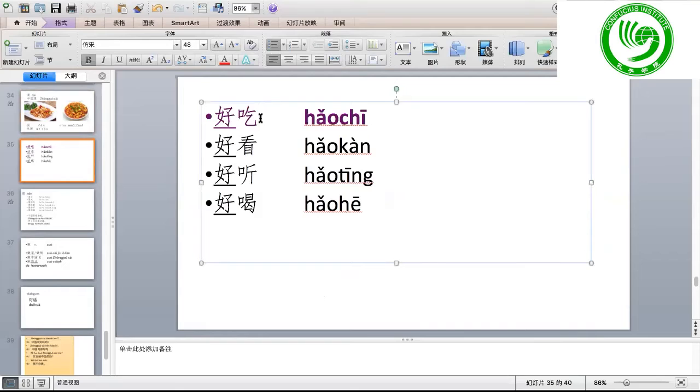Okay. Now, let us continue with the next one. Is 好吃. Remember, 好吃 means what? 好, this character means good, and 吃 means eat. So 好吃 means it's good to eat, so it is delicious. 好吃 means delicious. Then how to say? Then look at these words. The second one is 好看。好看。The third one is 好听。好听。And the last one is 好喝. So the first one I explained already, good to eat, so it is delicious. The second one, 看 means look. So good to look. Can you guess the meaning? Yes, it means beautiful, pretty. 好看。